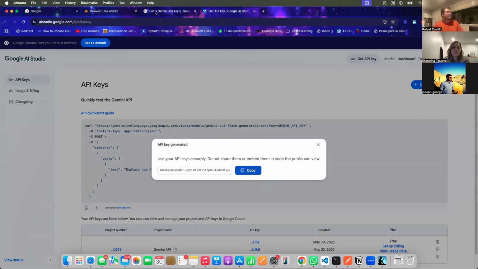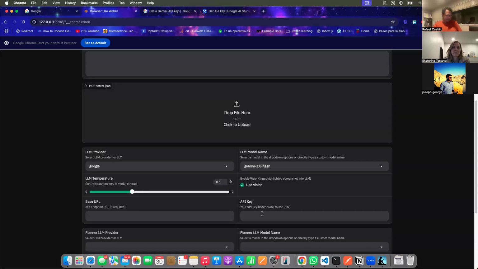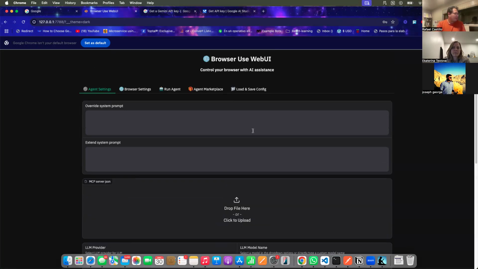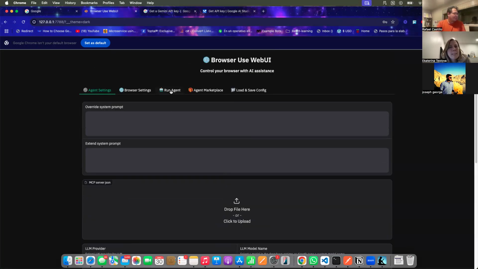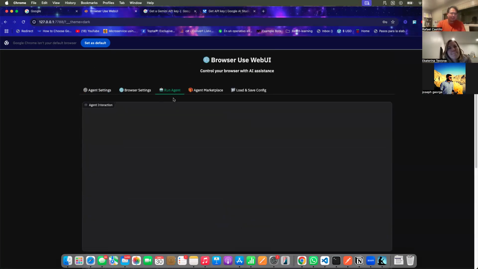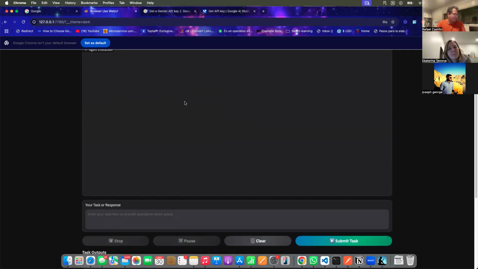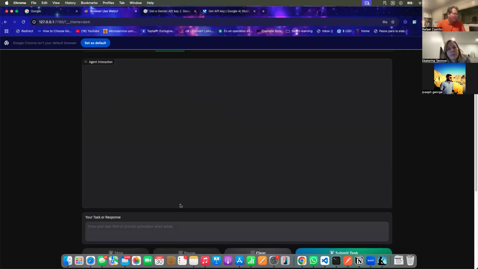Copy, and then you can paste it here. This is all what you need so far. Now that you get this, you can click here and then run agent, okay? And then the next step is, because now you can create UI automated tests by using prompt. And it's simple as